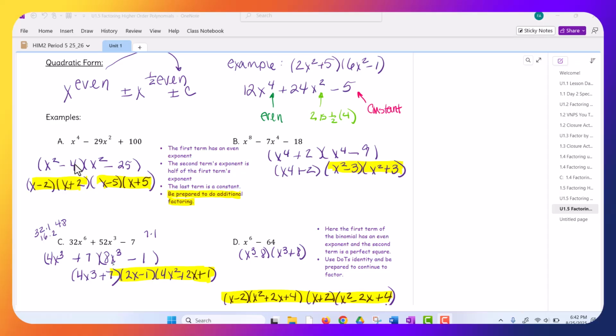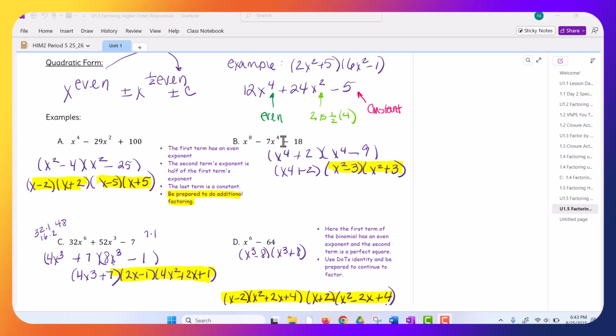Now here we've got some more work to do. We're not finished like when we factor a second degree trinomial. Here we've got a difference of two perfect squares and another difference of two perfect squares. So here we have an x and an x and a 2 and a 2, and one has a plus and one has a minus. We have an x and a 5 and a 5. One has a plus and one has a minus. And then all of these factors are linear, so we have achieved the prime factorization, or we have fully factored